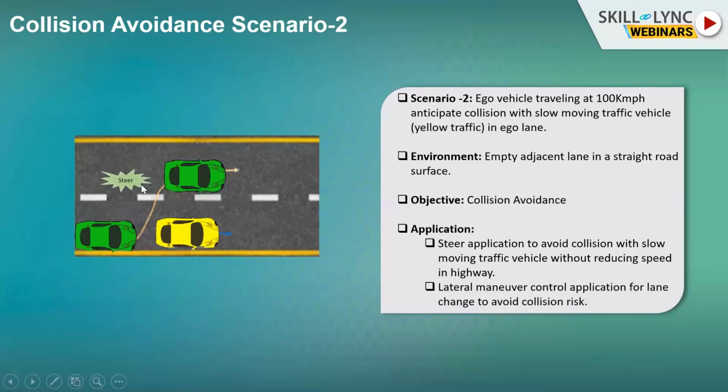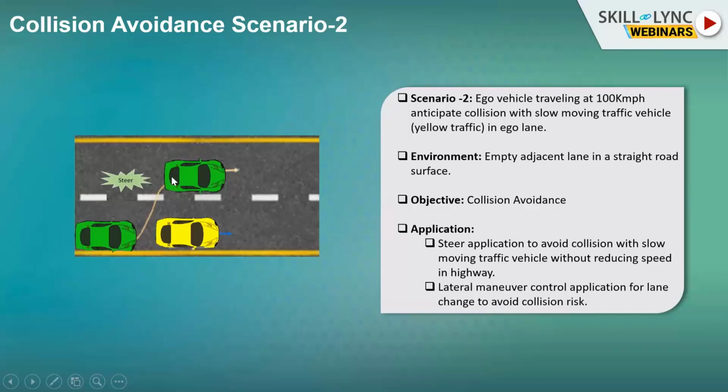So in that case, because my vehicle is running at a very high speed, if it tries to use the longitudinal control feature by applying brakes, there could be high jerk, or high acceleration levels, which may interfere with the comfort of the passengers inside the vehicle. The jerk levels could be really high, and at this point of time, instead of brake control, there should be steer control. It should not apply brakes, because that brake will lead to high jerk or high acceleration levels, which are not preferable. That's why instead of longitudinal control, we will work with the lateral control.